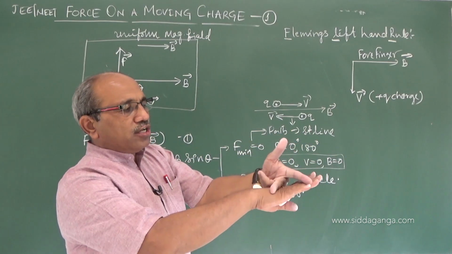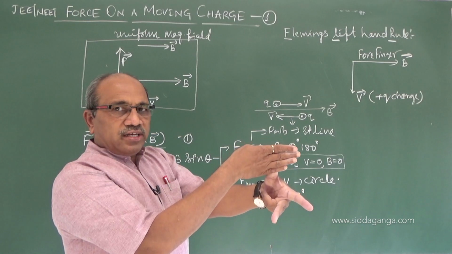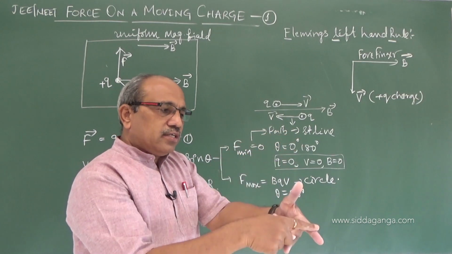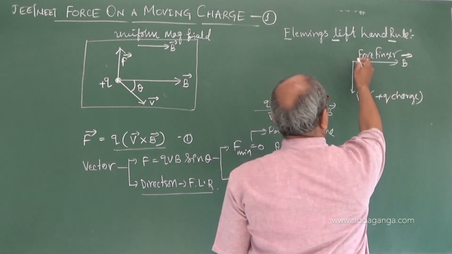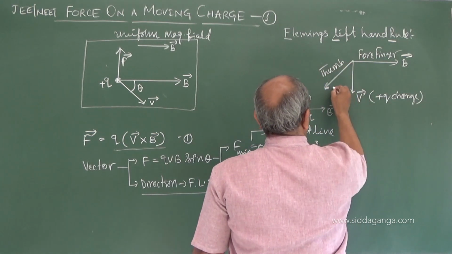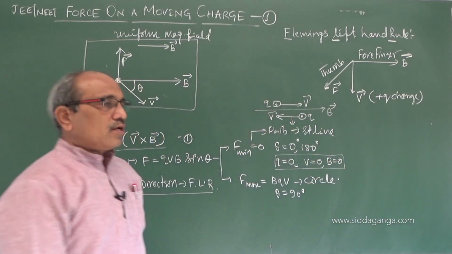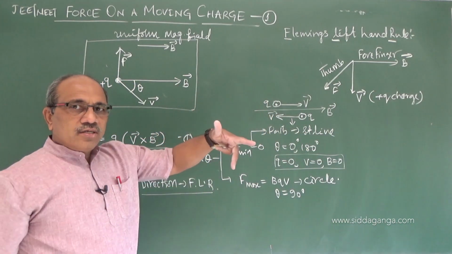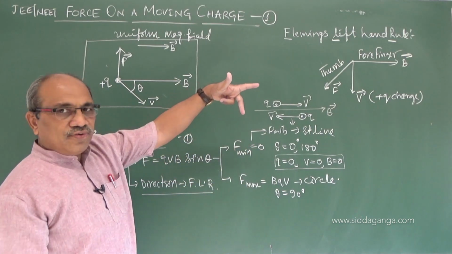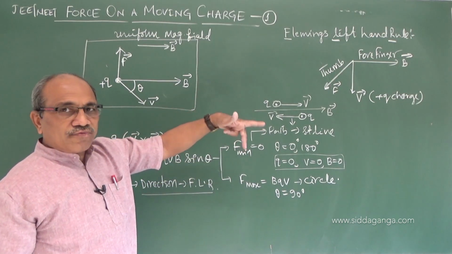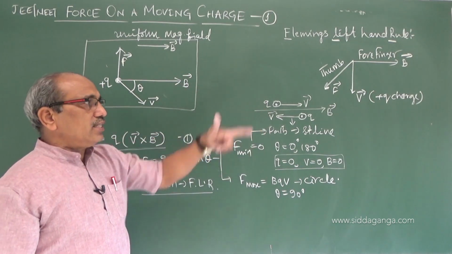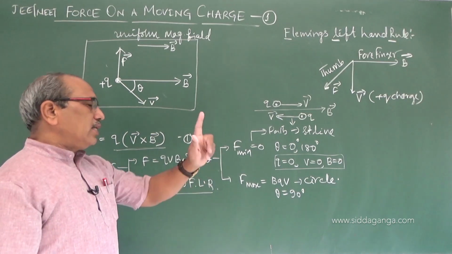See now, these two are in one plane, whereas the thumb is in the perpendicular plane. Perpendicular to both. It is perpendicular to V and perpendicular to B. The force is perpendicular to both, whatever may be the angle between V and B. So this is the thumb, the direction in which the force is experienced. I hope you followed. Stretch the first three fingers of the left hand in mutually perpendicular directions. Forefinger represents the field, middle finger represents the velocity of the positive charge, then thumb represents the direction of the force experienced by that charge. That gives you the direction of the force.